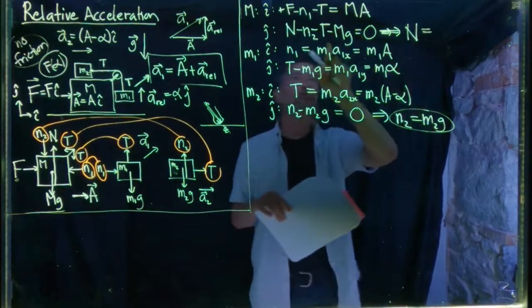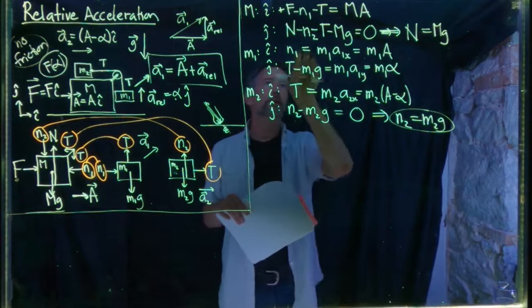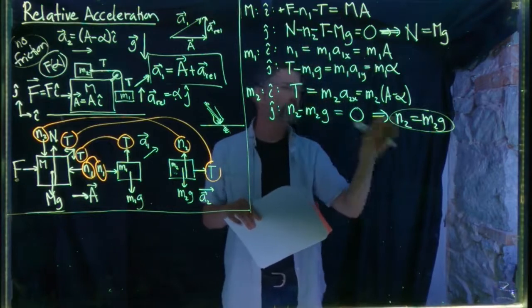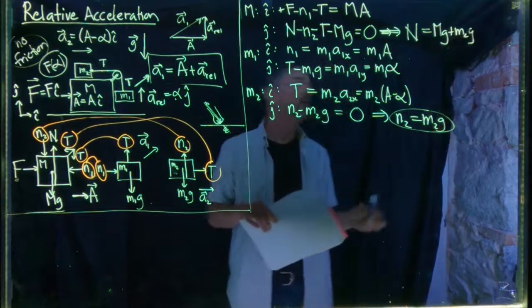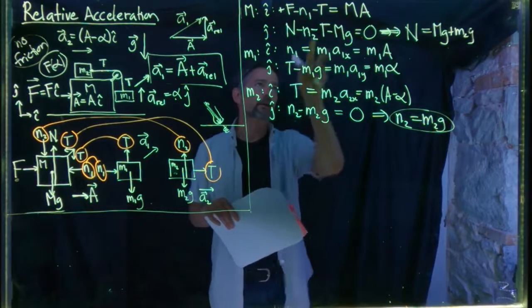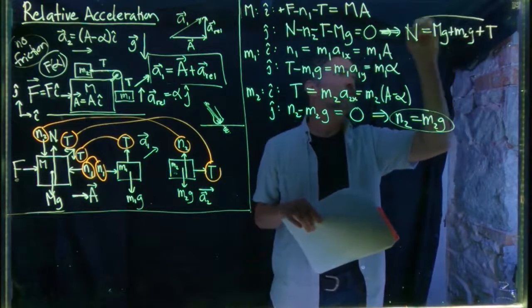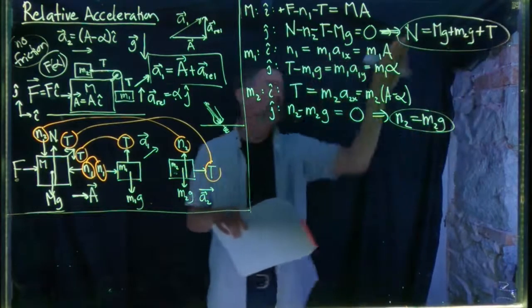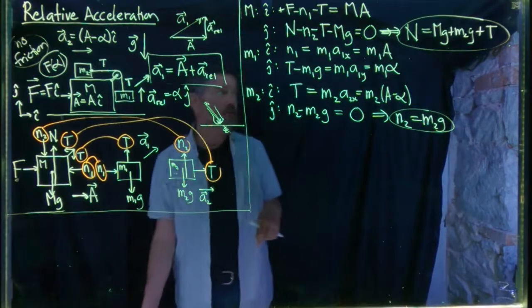Well, that's equal to negative mg taken to the right, positive mg. Negative N2 taken to the right is positive N2. Well, that's just the weight M2g, the weight of block 2. And then there's plus, the negative t goes to a plus t on this side. Okay, so these 2 equations are trivially solved, and we look at this equation and say, yeah, that makes sense,